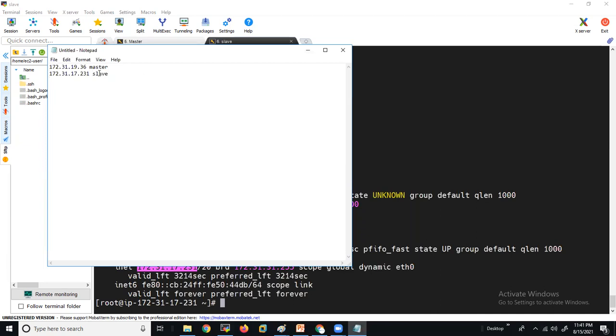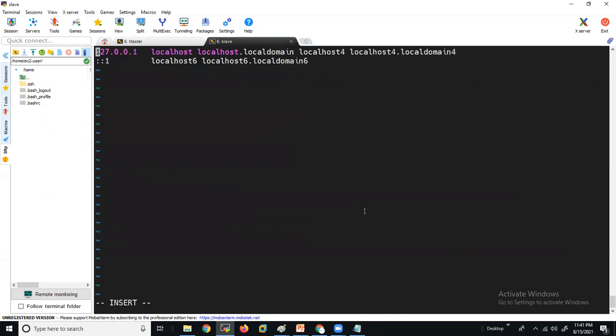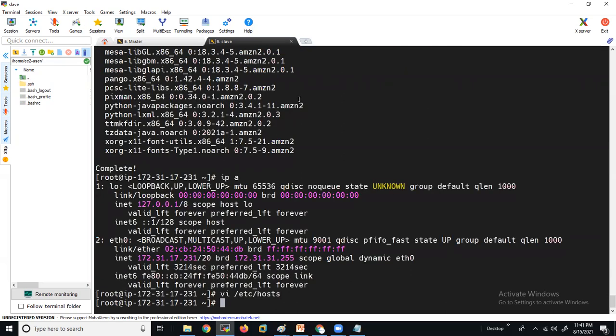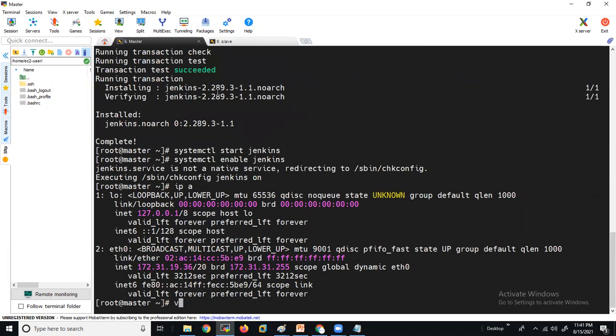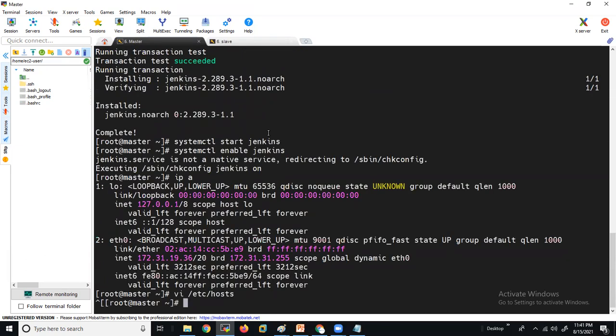Copy both IP addresses and go to the file /etc/hosts. Here we need to mention the two IP addresses and the host names, so it will be easy for them to do the handshake. Paste it, save it.